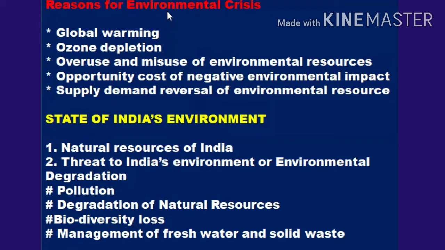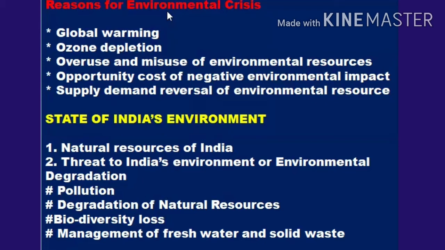So prior to industrialization and phenomenal increase in population, the demand for environmental resources was much lesser than their supply. So this implies that pollution was within the absorptive capacity of the environment, and the rate of resources extraction was less than the rate of regeneration of these resources. But with the industrialization and faster growth of population, situation has changed.